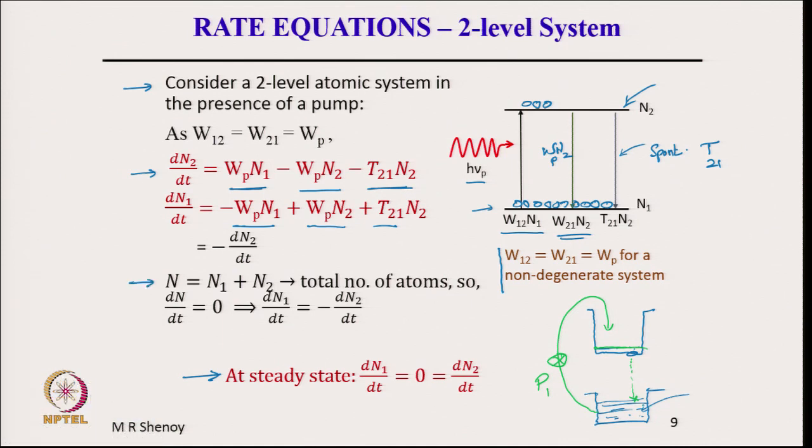So, if I use another pump to pump water from here to here, a second pump, and this pump is like the external mechanism h nu p, we are using a pump. Now, because of the second pump, the new level will go up to a new height, because water is being pumped because of the external radiation. So, this I want to call the second pump.